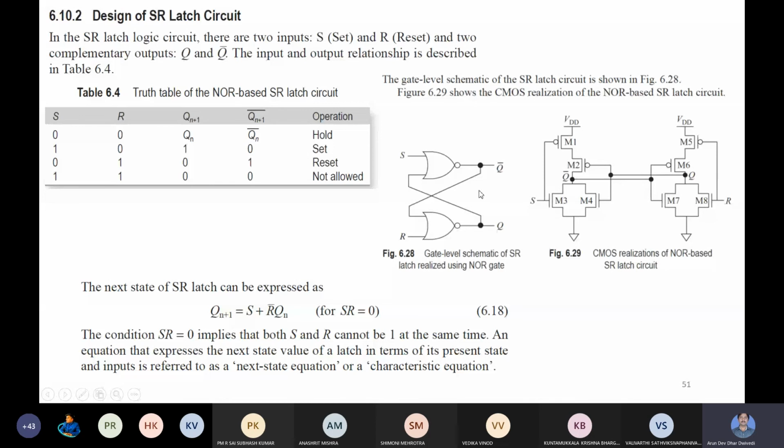it is also taking some input here. So R is a function of Q bar. So Q and K and CLK, and then Q bar, then whole bar. This is Q. Similarly, Q bar is S plus Q, which is Q bar, and J and CLK plus Q. So Q and Q bar can be implemented by this Boolean expression, that is implemented here.